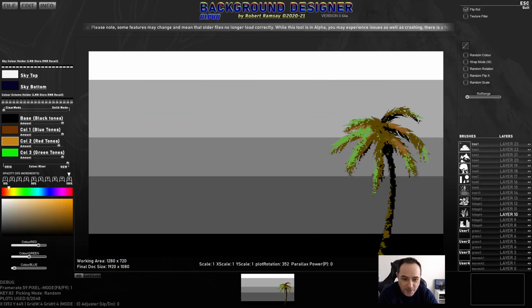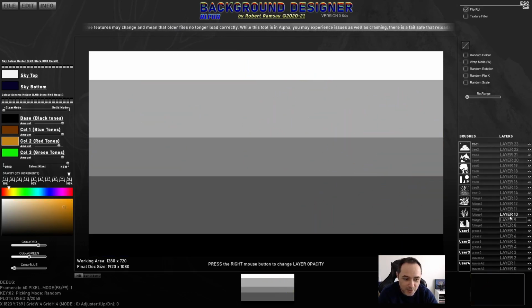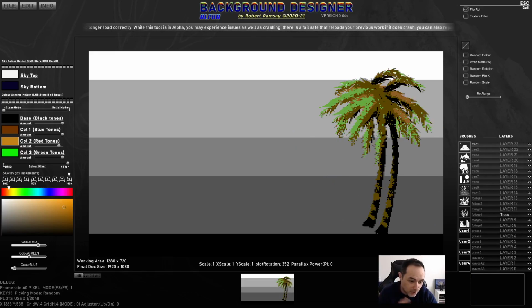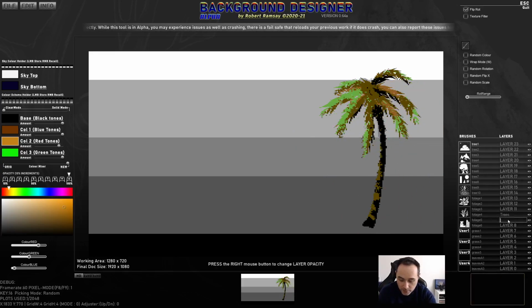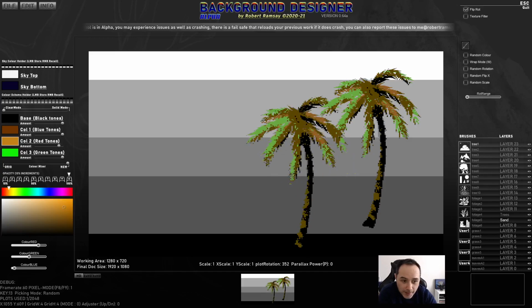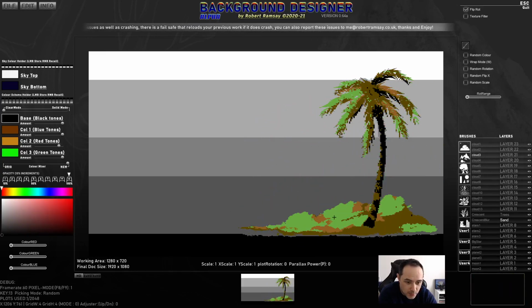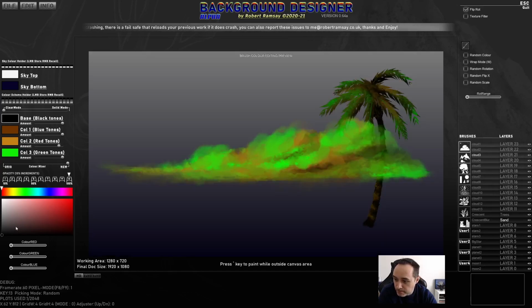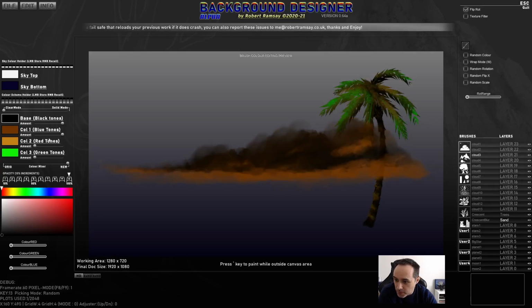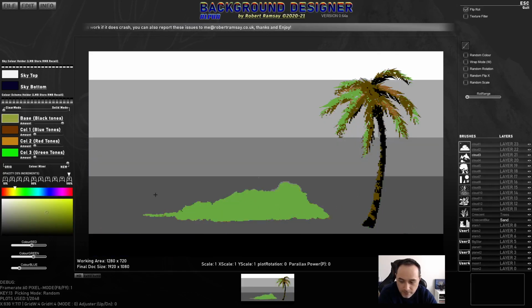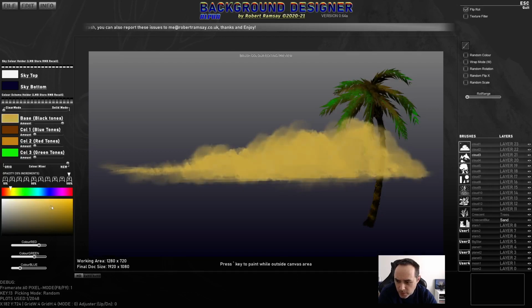We can go ahead and make some nice Commodore looking art, so let's do something. I've got these nice palm trees, let's make a little beach, why not? Let's go with the sand, and I've got some shapes here that I suppose I could use. Let's just take away these tones and leave us just with the base. You see it looks a little bit greenish, so